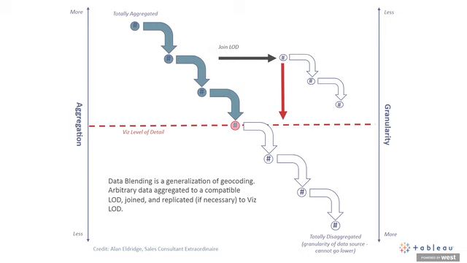But in addition, I have another data source that I want to aggregate data to, and I want to join it with my primary data source to help augment the information in my viz level of detail. And the way we do that is that we aggregate that second data source to a level of detail which is compatible with the dimensions in my visualization, and then we join on those shared dimensions,